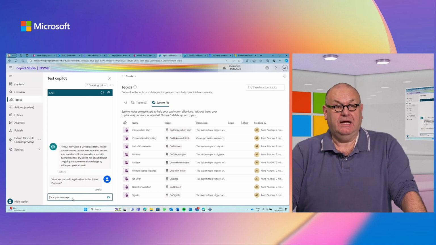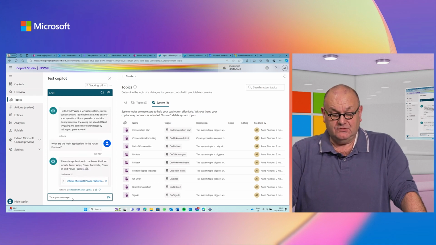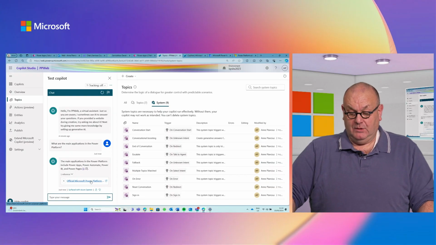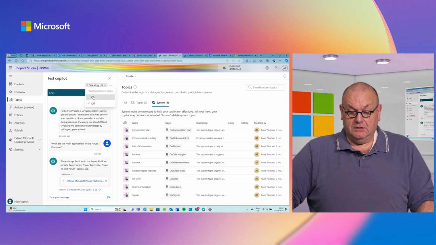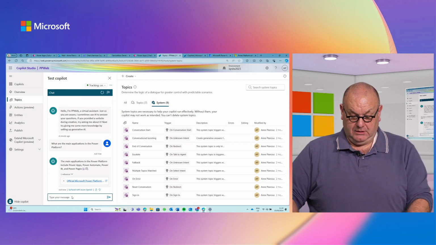What happens now is it will say, okay, I don't have a trigger phrase, I go out to the internet and I find the message. So it's Power Apps, Power Automate, Power BI and Power Pages. It misses Copilot Studio, but it got a link to the website where it found the information. So you can check that one if you want to see it. And if I would also have tracing on and rerun the question,